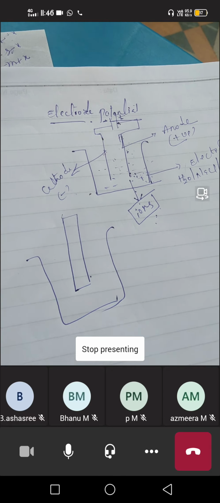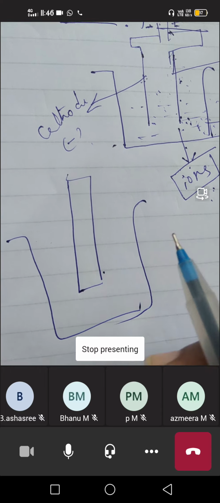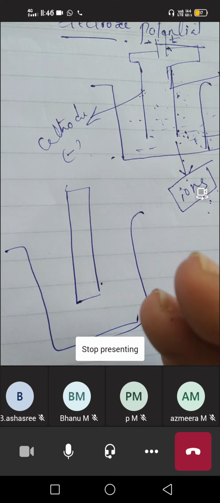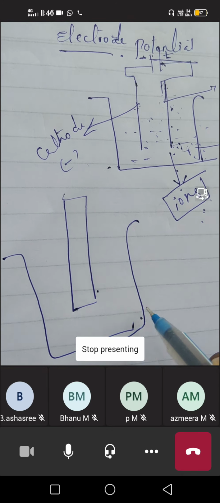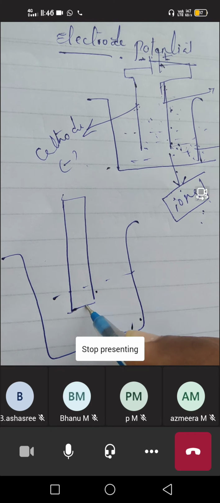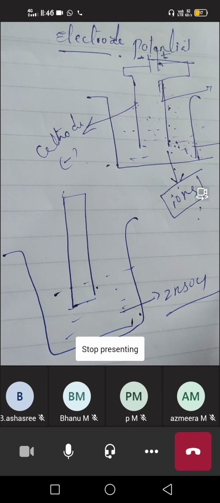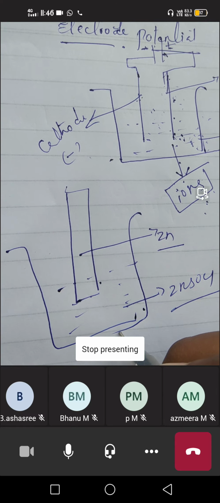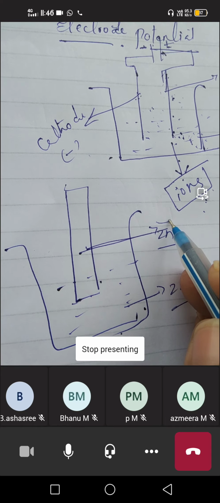If you remember, in intermediate we also discussed galvanic cells. You have studied that; it is an 8-mark important question. In this we have two half cells. For example, taking one half cell, we take zinc sulfate as the electrolyte solution and dip a zinc rod in it. Here zinc sulfate is the electrolyte, and the zinc rod is the electrode.